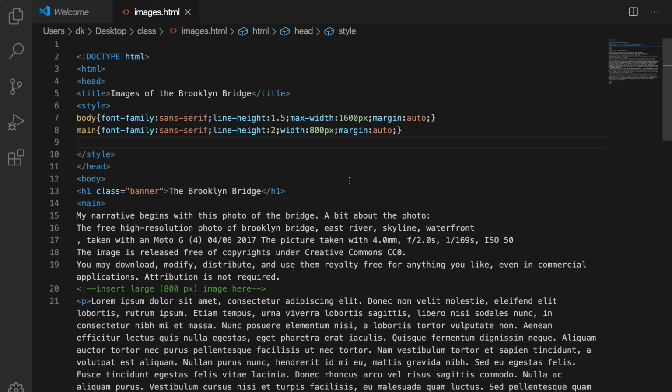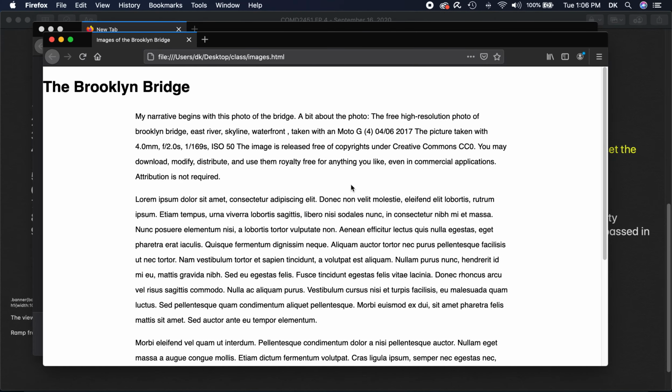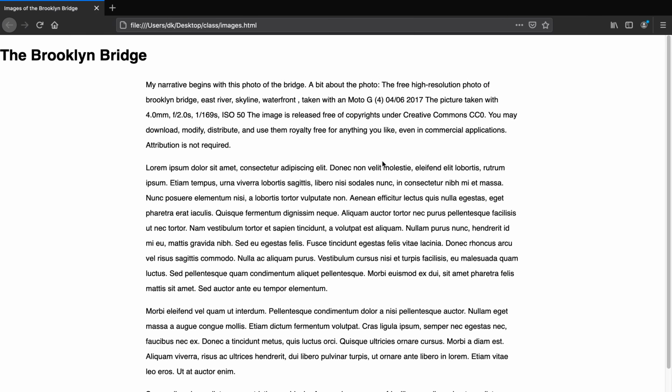Now, one thing that I do want to point out that's a little bit new in CSS is that I've defined a separate style for the body element and the main element. I've made the body element expand so that it will fill the entire width of the page, whereas the main element only covers the middle 800 pixels of the page. And we can go back and take a look at how that works out. You can see that the main content here stays inside an 800 pixel box to make it more readable, whereas the